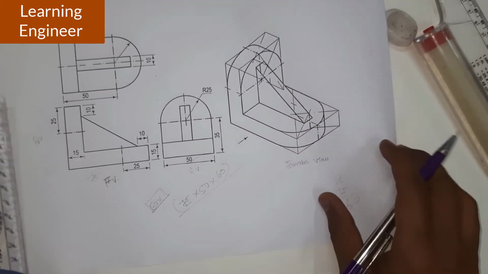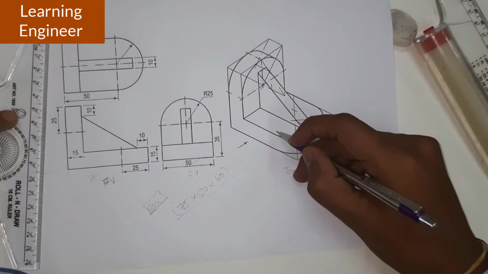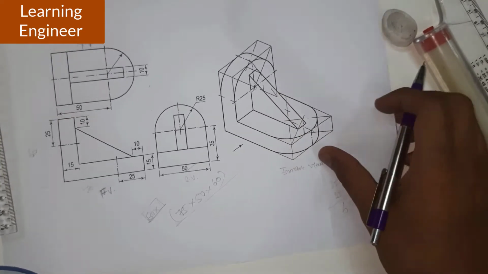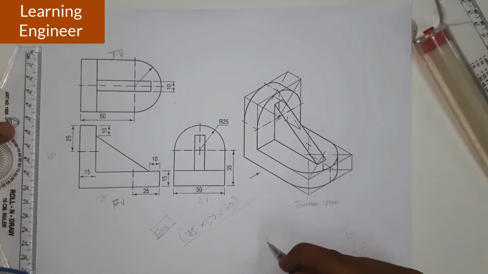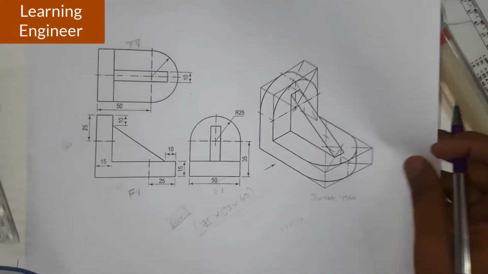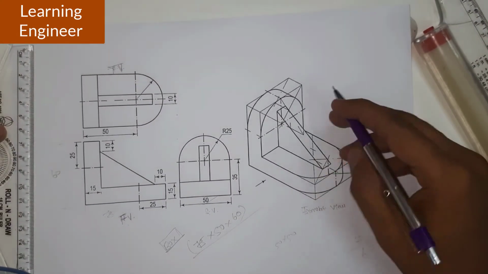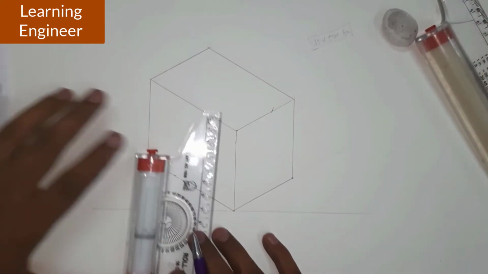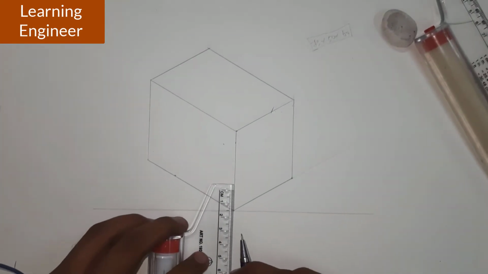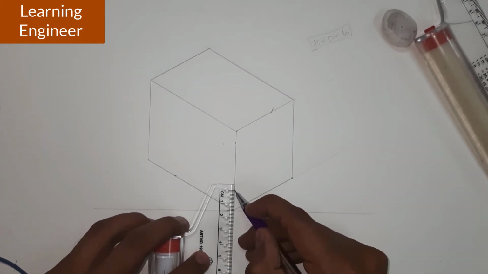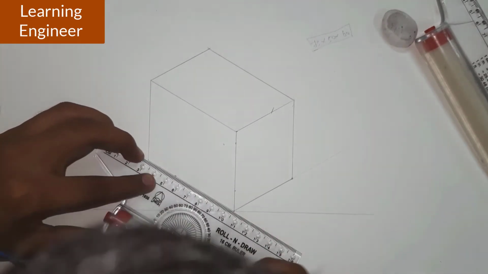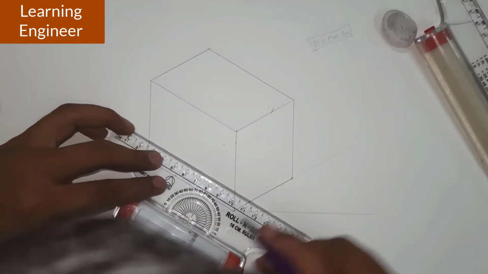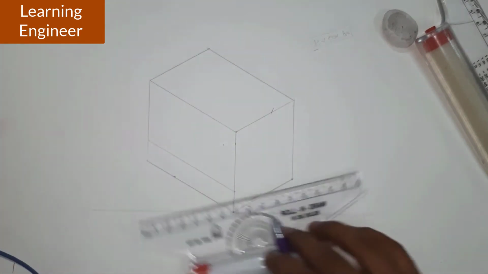So let us locate this particular rectangle and this particular rectangle, though we can say not a rectangle because the sides will be the same, 50 by 50 on both sides. This is 50 and this is 25, and the height is 15 mm. So locate that 15 millimeter properly. Then draw the parallel line by using this line and by using this line.